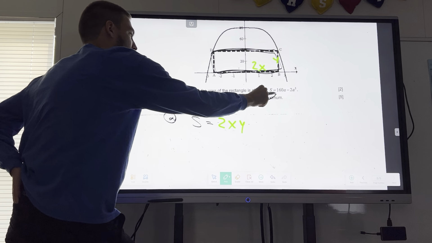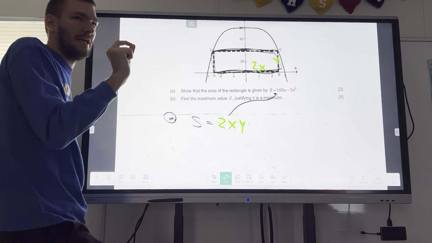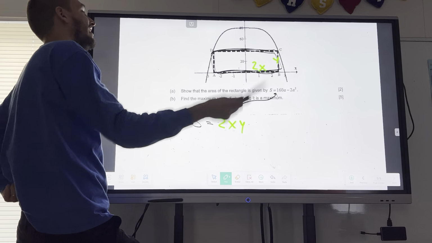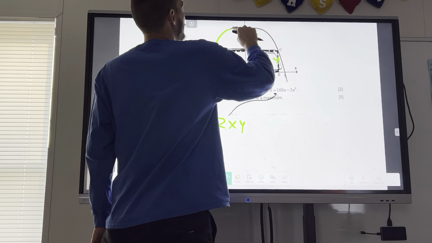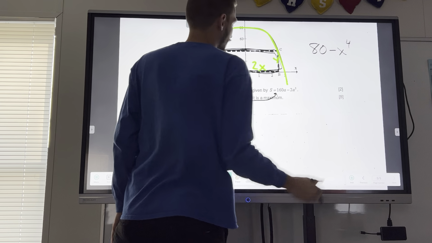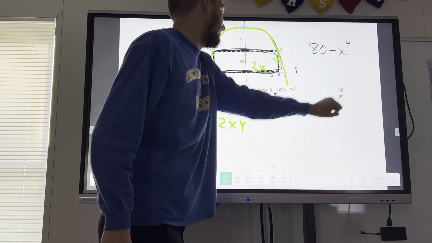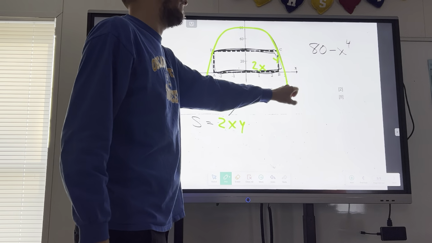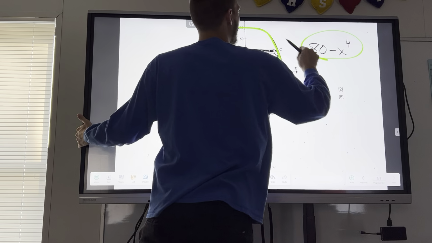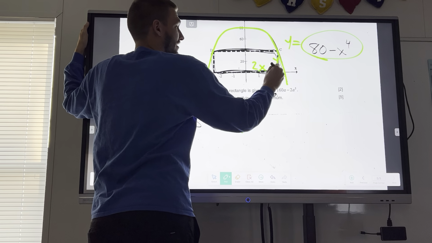Now, they want our S to look like this, which is a lot more complicated than x squared y. But it's only a little tiny bit more complicated, okay? The reason is because they already told us that this curve, which we knew was going to be important, is 80 minus x to the power 4. And are you seeing the resemblances between 80 minus x to the power 4 and 160a minus 2a to the power 5, right? This is the y value, because whatever our x value gives us for the box,